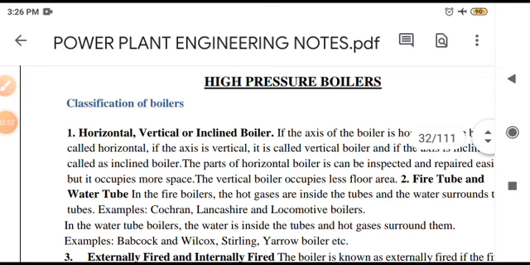First, see the advantages of the high pressure boiler. Because of high velocities, the tendency of scale formation in the tubes is reduced. In the boiler tubes, the water flows with very high velocity and steam also flows with very high velocity. Therefore, the scale formation inside the tubes gets reduced. Small lightweight tubes of better heating surface arrangement can be used. This makes the unit compact and reduces the erection time and cost of the boiler. Due to forced circulation, heating of all the parts is uniform, which avoids overheating and development of thermal stresses.